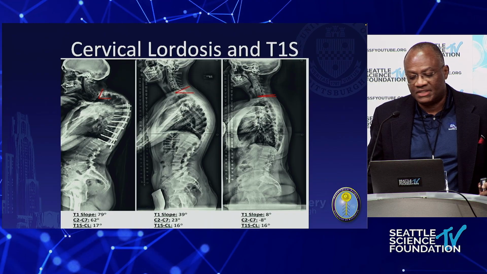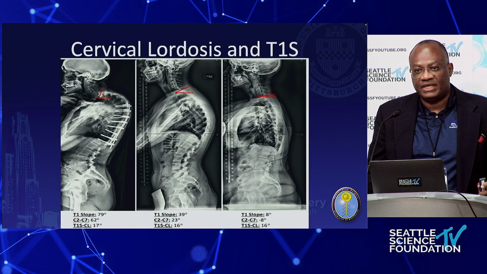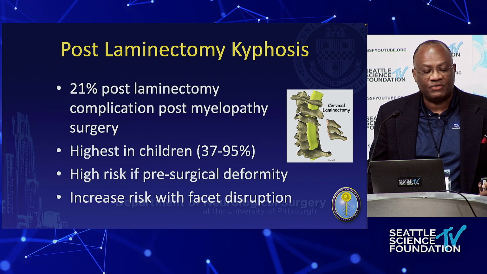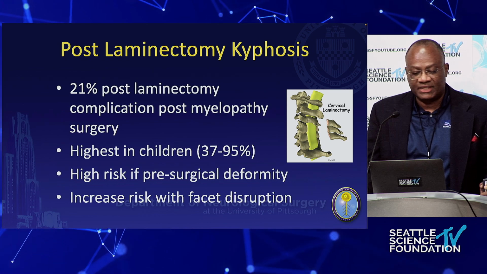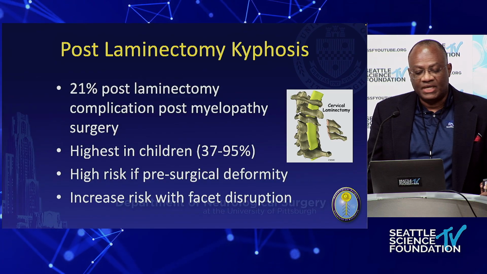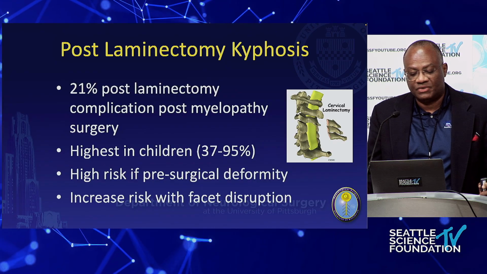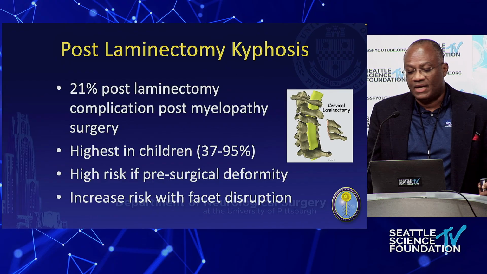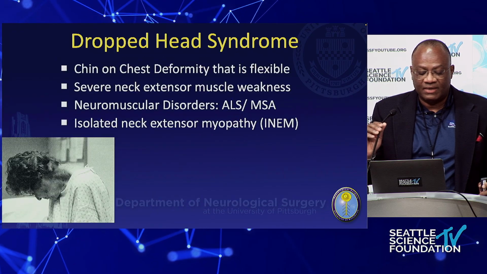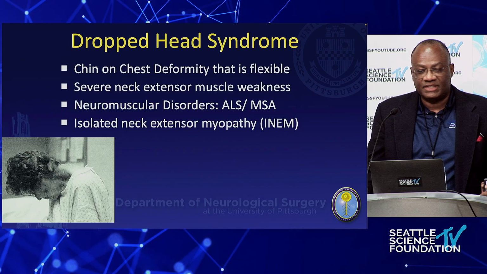What do we do to patients that will put us in a predicament where, down that chart that I showed you, we will have more iatrogenic side effects, which include post-laminectomy kyphosis, right? So 21% of post-laminectomy complications include having myelopathy after surgery. This is seen in children, but also in adults, right? For any decompressive procedures that we do, it's increased with facet disruption. And it could lead to the worst, or as they call it, in Dr. Hamilton's clinic on Friday, a dropped head syndrome with chin-on-chest deformity that is flexible. That's my pre-op